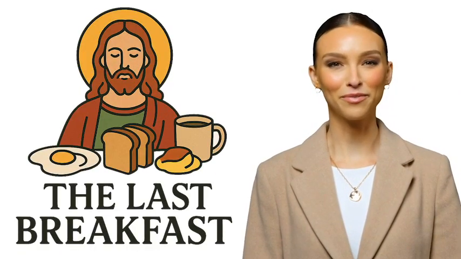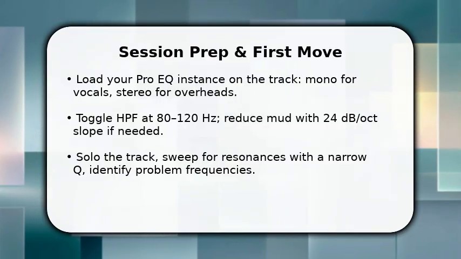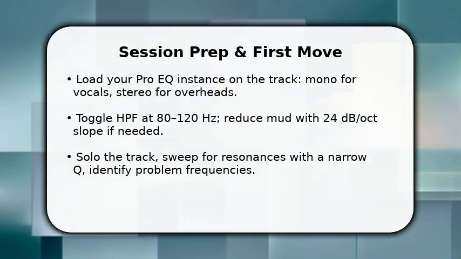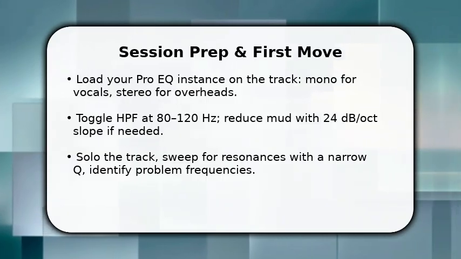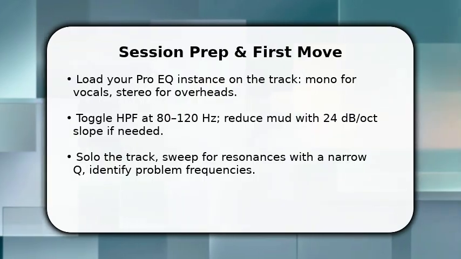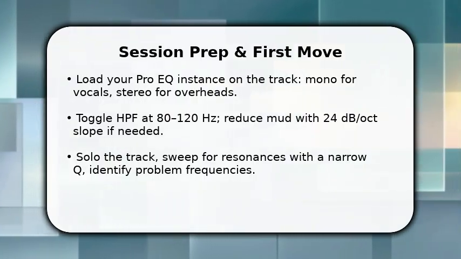Please enjoy the video. You begin by loading Pro EQ on the track you want to fix. Use mono for single sources and stereo for spatial material. Once loaded, engage a high-pass filter around 80-120 Hz to remove rumble, choosing a steeper slope when low end is